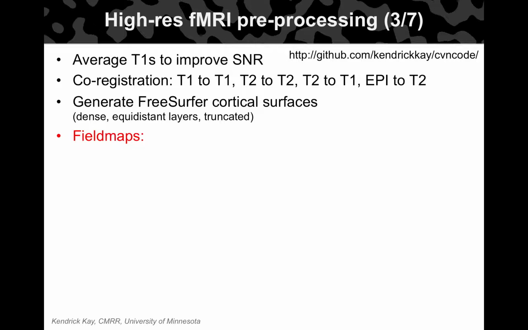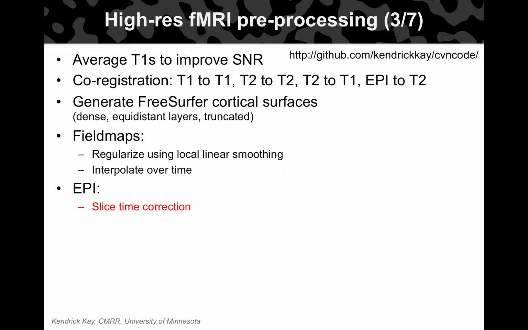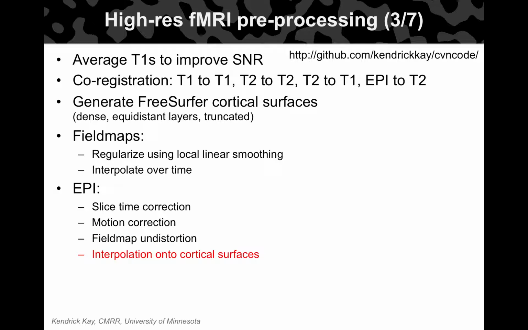In terms of the functional pre-processing, we get standard field maps with 2 echo times. There are some details I believe are important in how you regularize these things to use the field maps to correct for spatial distortion. I could talk more about that ad nauseam. We do multiple field maps within a session. We attempt to account for drift in field and/or head motion by interpolating over time. Then we incorporate those field maps to correct the functional data. As you know, there are the usual steps of correcting for slice time and motion, and of course using the field maps to correct for distortion, and we do all of this with a single interpolation to reduce blurring.